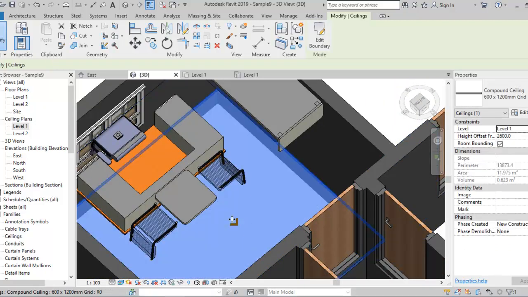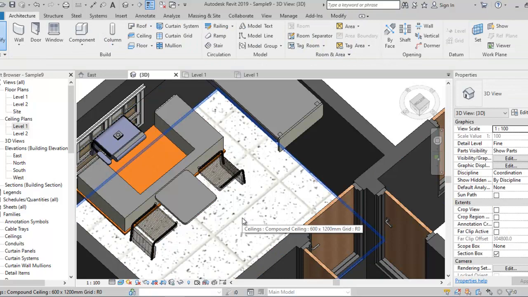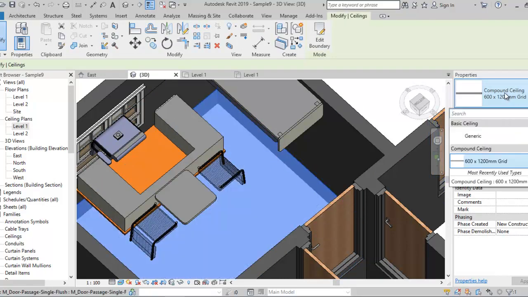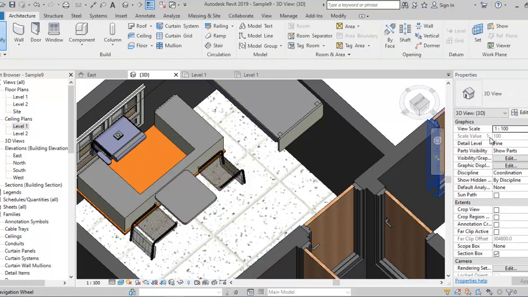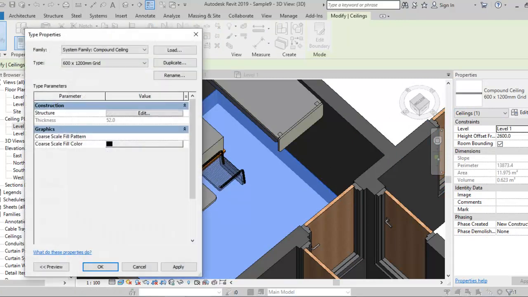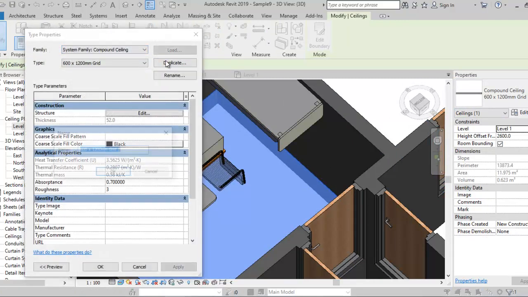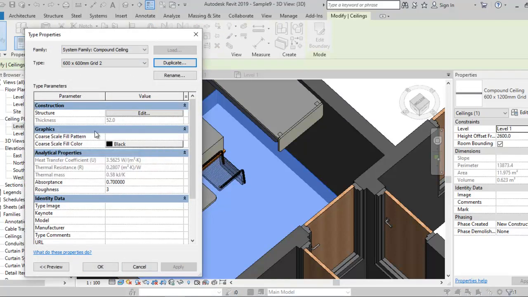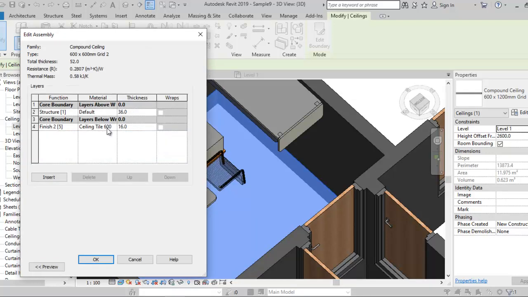Also I can change the styles to be 600 by 600. I can choose the ceiling and change this one. From where can I change this one? I will go to edit type and duplicate a new one, and I will make it 600 by 600. Then in the material, in the structure, edit type, I will go to